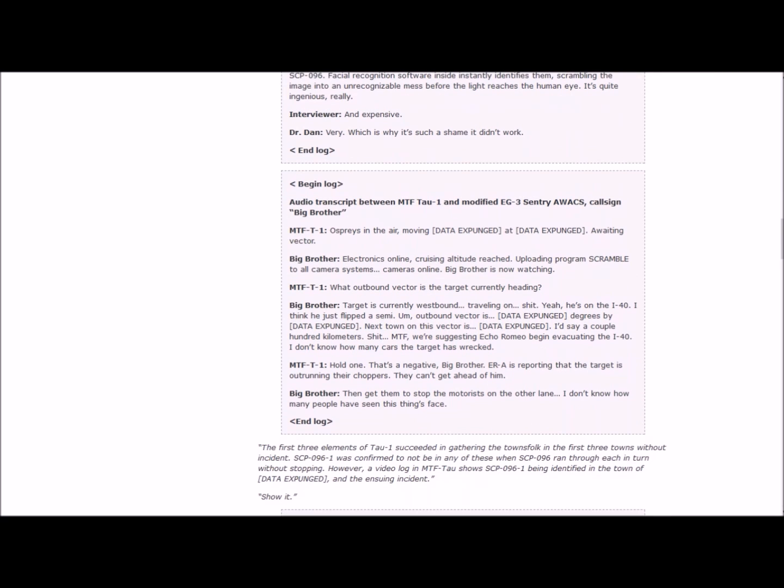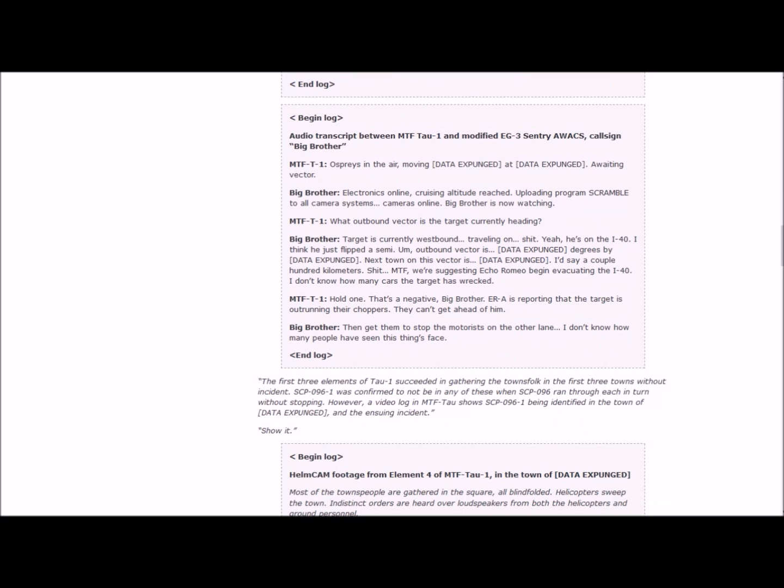Audio transcript between MTF Tau 1 and modified EC-3 Century AWACS, callsign Big Brother. Ospreys in the air moving, data expunged at data expunge, awaiting vector. Electronics online, cruising altitude reached. Uploading program Scramble to all camera systems. Cameras online, Big Brother is now watching. What outbound vector is the target currently heading? Target is currently westbound, traveling on...